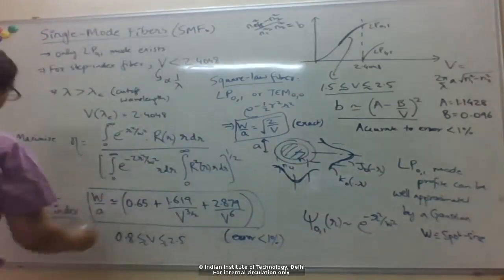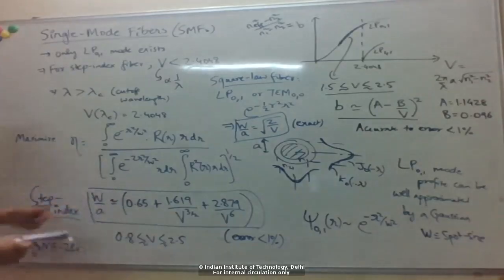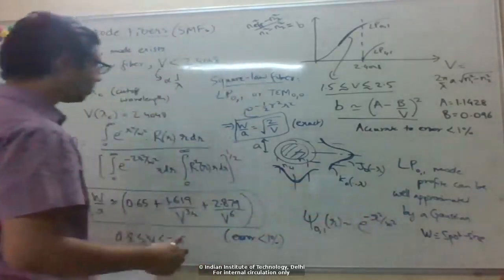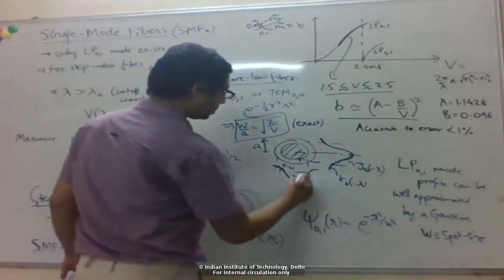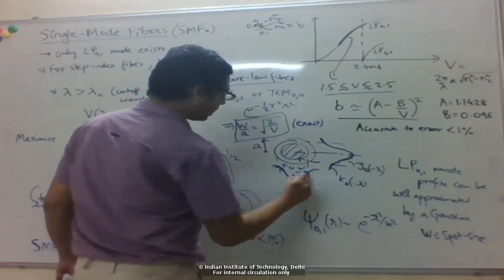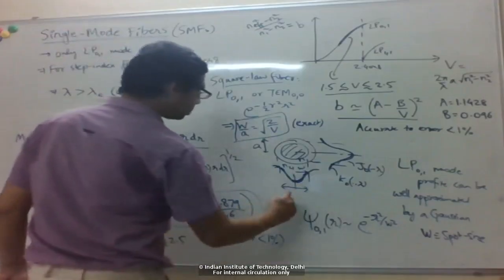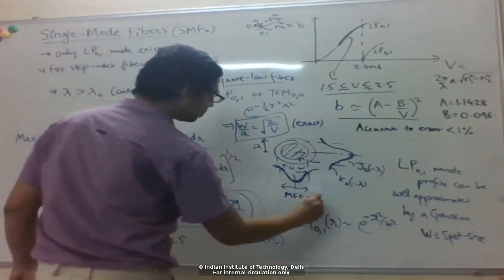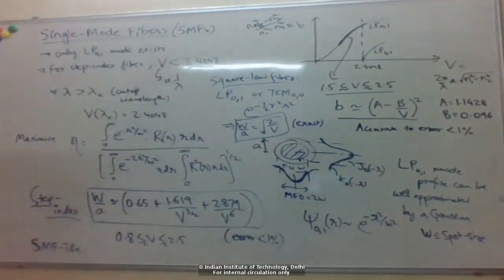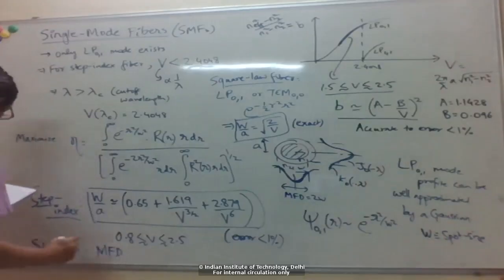function. So as an example, if you go back to that SMF28E fiber, which is the most widely used fiber, W is the spot size, so that's the half width, where the field decays to 1 over e. What is typically quoted for fibers is known as the mode field diameter, which is twice the spot size. So the mode field diameter for this SMF28E,